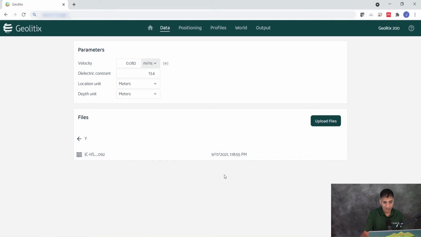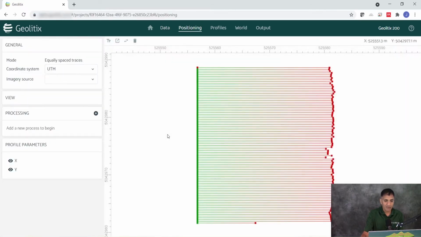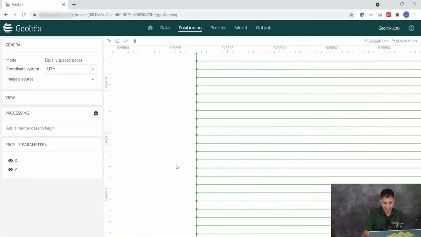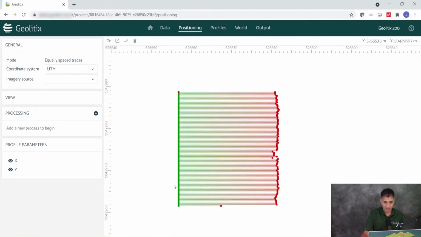I've now uploaded my file, gave us a check mark, I accepted it. Let's go and take a look at where these files are. Now, I've already set up this grid. It's a very simple grid. The color scheme is green for start, red for end of each line. So we have all of our 90 or whatever profiles in the X direction. Right now, I only have the one Y file just to save time and just for the purpose of this